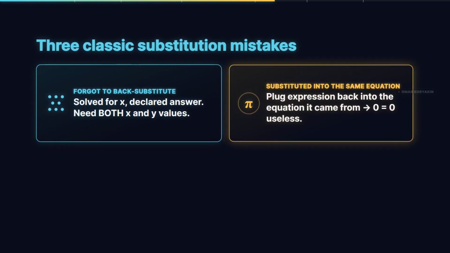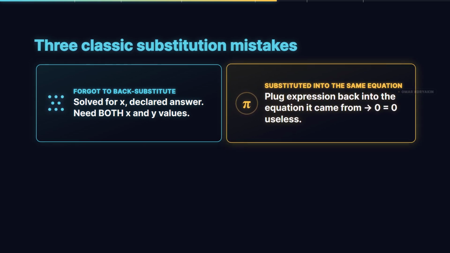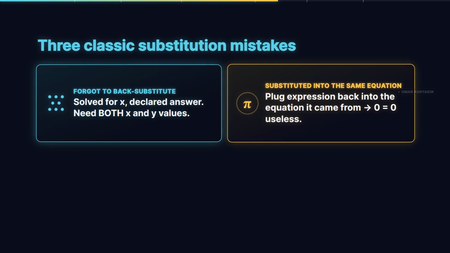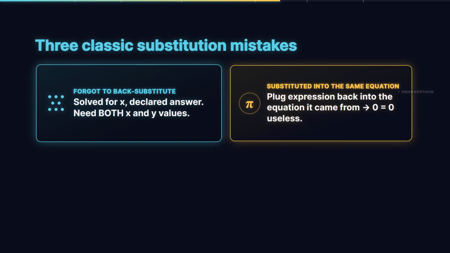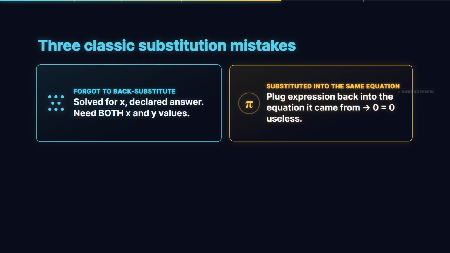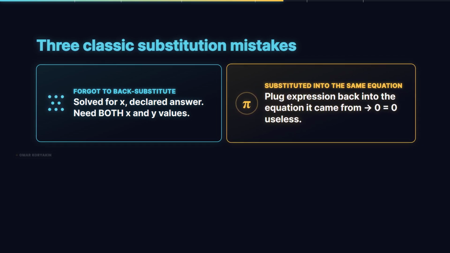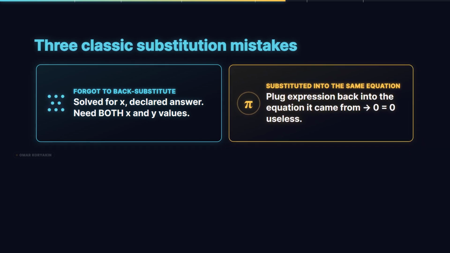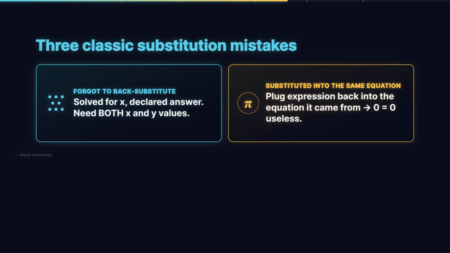Second mistake: substituting the expression back into the equation it came from instead of into the other equation. A student solves the first equation for y as y equals 5 minus 2x, and then substitutes this expression back into the first equation, getting 2x plus the quantity 5 minus 2x equals 5, which simplifies to 5 equals 5, a useless identity. The fix is to always substitute into the OTHER equation, not the one used to derive the expression. The other equation provides the second constraint that pins down the actual value, while the source equation just gives